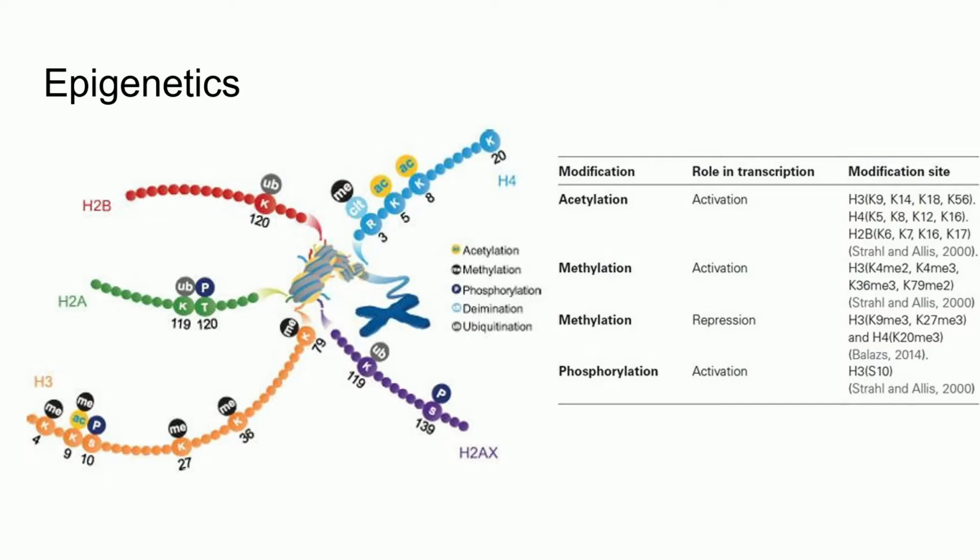For example, methylation at one site of a histone can result in euchromatin, while methylation at a different site of the same histone can result in heterochromatin. The amount of methylation, methyl 2 versus methyl 3, can also alter the final outcomes and interfere with DNA binding proteins and transcription of the DNA.